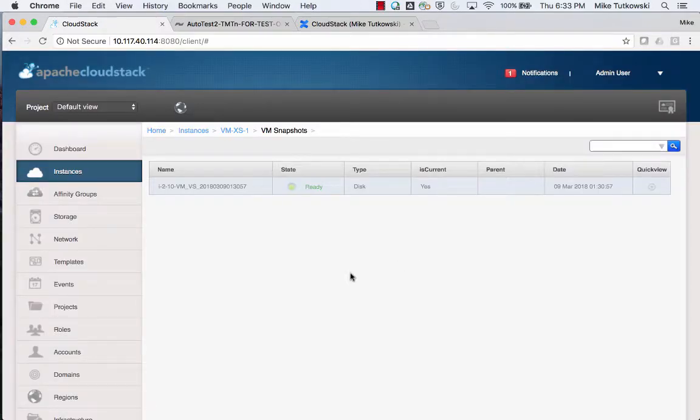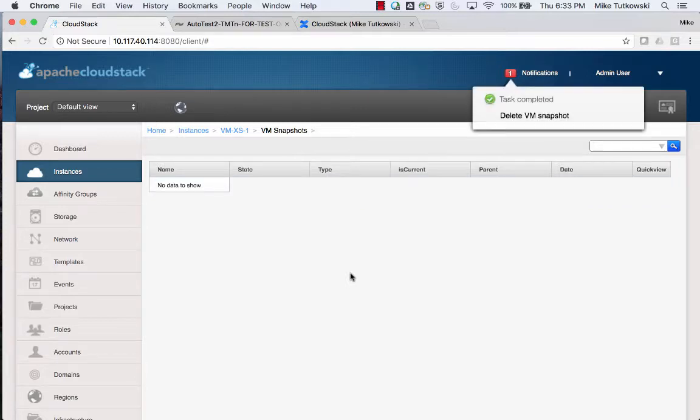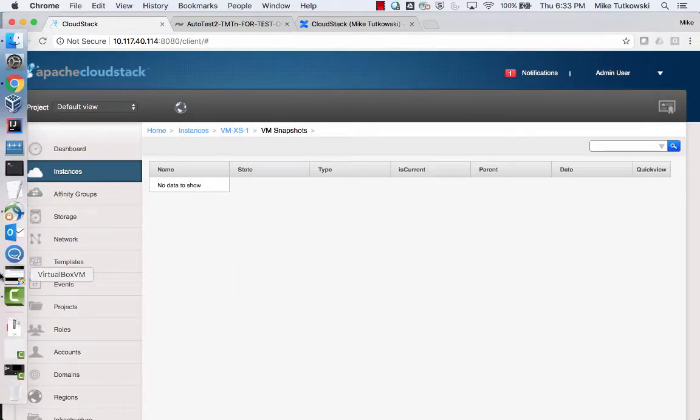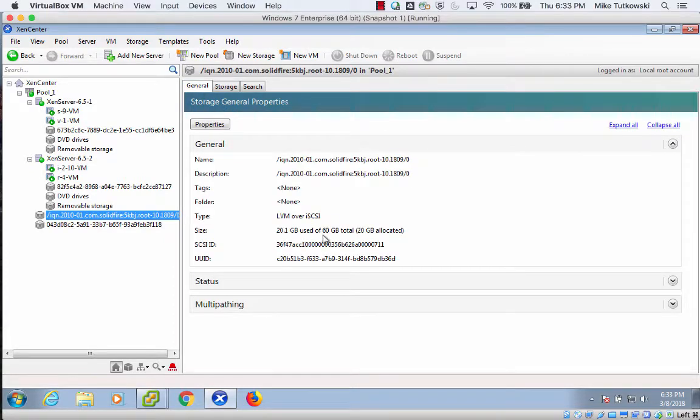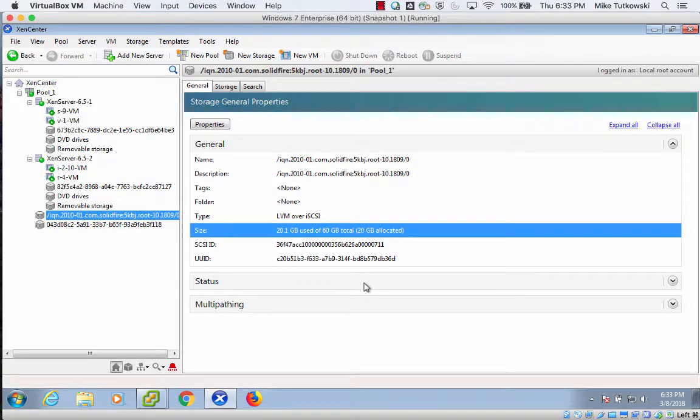As soon as this has completed, we can go back to XenServer and confirm that we just have that one virtual disk in our SR. So here we are. Deletion of the VM snapshot was successful. Let's go back to XenServer, and here we can see we now just have that one virtual disk within our SR. I'll just switch back over here to the General tab again and highlight the appropriate row